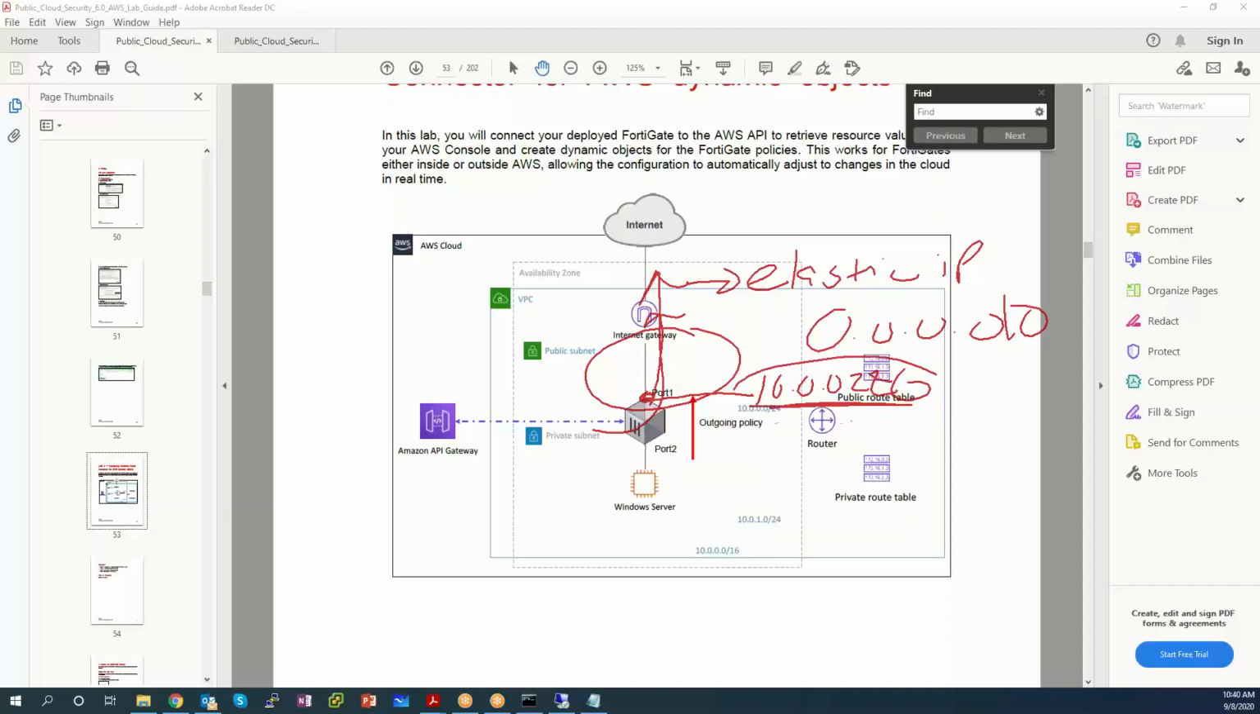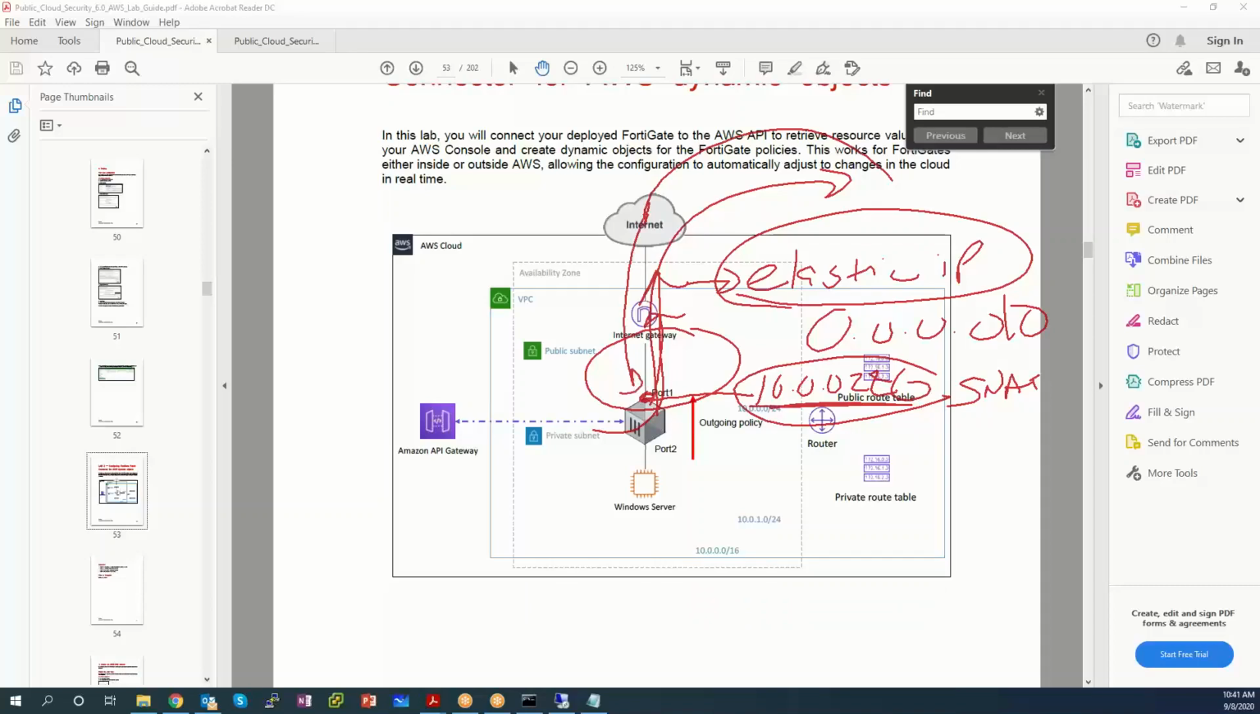So only 10.0.0.226 can get source or destination NATed to the elastic IP address. So we are going to source NAT this as it leaves port 1 to go out to the internet. And as it goes out to various websites and it comes back, it'll come back to the elastic IP. The elastic IP will destination NAT it back to the FortiGate. The FortiGate is a stateful device, so it will remember the state of the session and reply it back to the Windows server. But we have to source NAT it to 10.0.0.226, or to whatever port 1's IP is, as it's leaving the FortiGate. Let's go ahead and erase all of these drawings